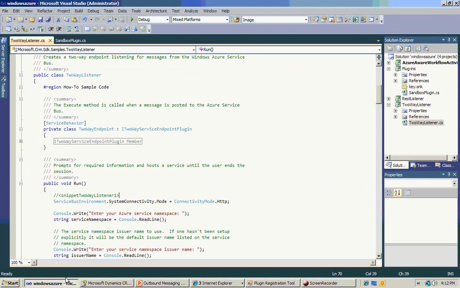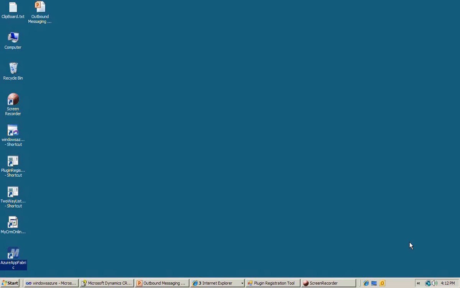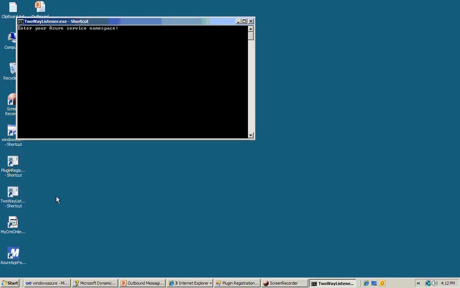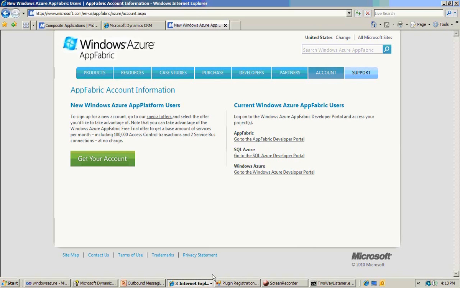Now I actually start the listener that shipped in the sample. I just compile that listener code. So this is the way to start a listener. I save my namespace, CRM 2011 demo, and the issuer name is owner, because I'm using the management key to authenticate. If I use some other ways of authentication, I would use a different issuer name. So once I have that, I take this management key,